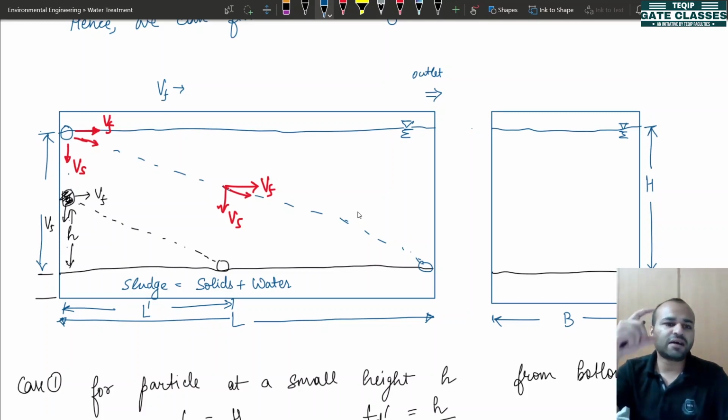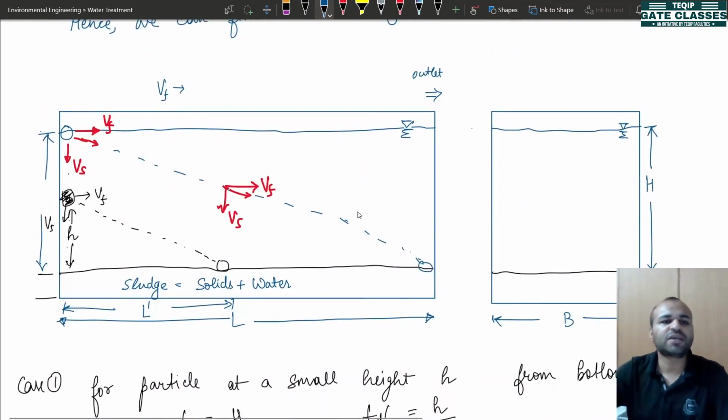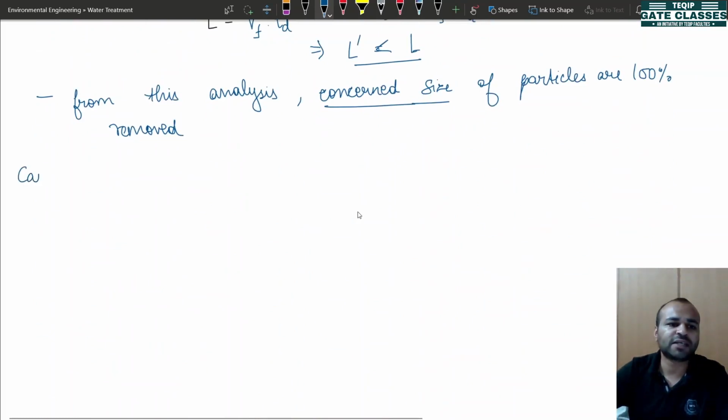We do the grading, we do the analysis for the suspended solids, to find which particle is having the majority of the concentration. With the first case, we have learned that for the particles of whatever size we are considering, the particles that are all of the same dimensions, that is dia, they all will be settled down. And not only that, we have also written that they will be 100% removed. So whether the particle is at the top surface or at the bottom surface, from this case 1 we have understood that all the concerned size particles will be removed.